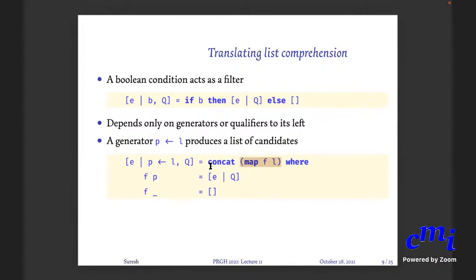You don't need to necessarily know this. You don't need to know this for programming in Haskell. This is just a matter of curiosity, and I'm just telling you this to indicate that there are many such syntactic niceties in Haskell which are just that. They can all be defined in terms of something more primitive, unlike in other languages where something like a list notation would have to be a fundamental part of your core language. I'm just telling you that list comprehension is not part of your core language.